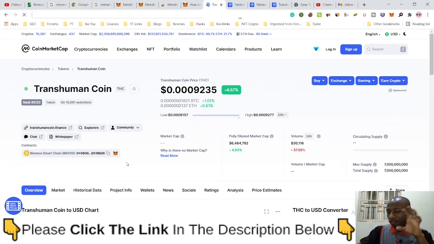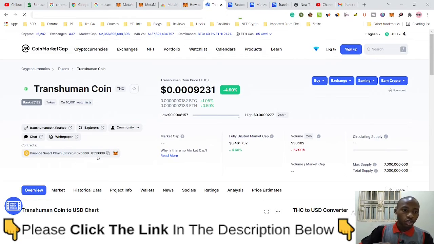By the way, this is not financial advice, but I will advise you to pick up this particular coin because the coin is mad. You can see the supply is just 7 billion and they have a market cap of just 6 million. So this is nothing compared to a coin with a huge project in the medical space. So it's not financial advice anyway.